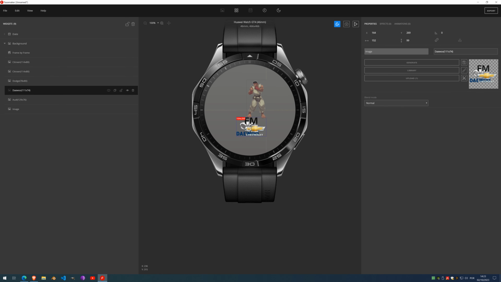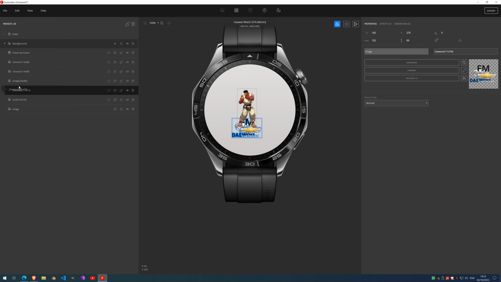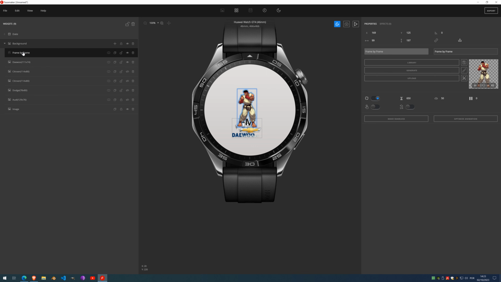So let's say you had this static image and you have this animation here. So if I put the Daihu widget below the animation, you'll see that you can merge them. Okay, so if I press merge down,